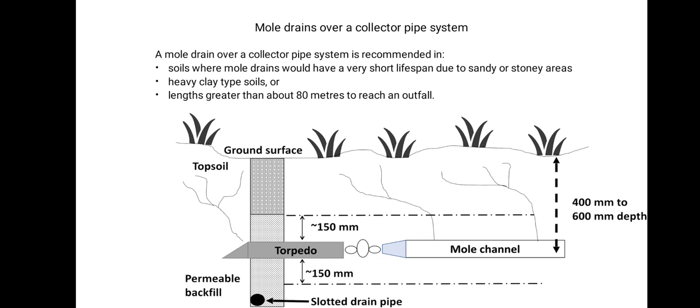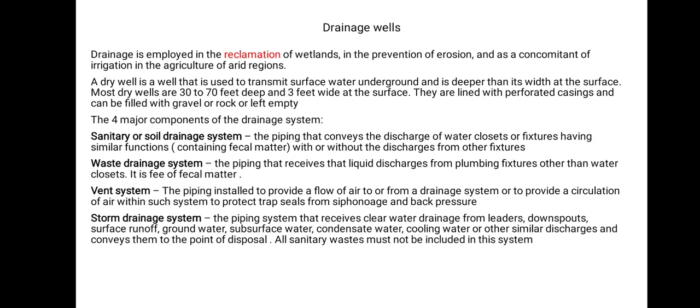With the help of a tractor, we can plow it. With the help of plowing, we can lay the pipelines. With that, we can drain off the water. Then drainage wells. Drainage is employed in the reclamation of wetlands, in the prevention of erosion and